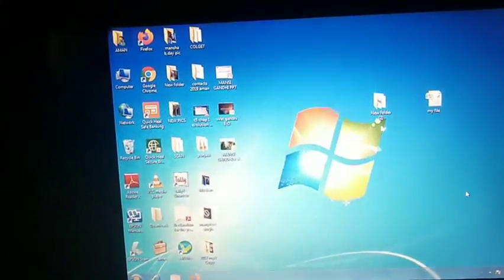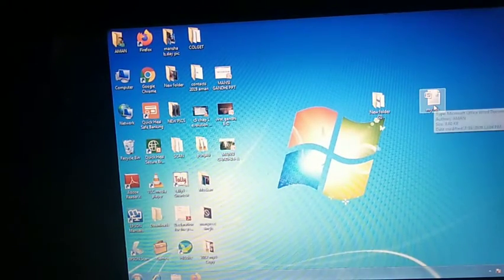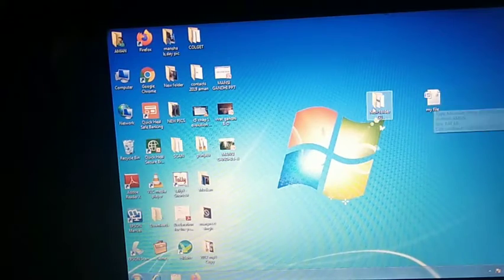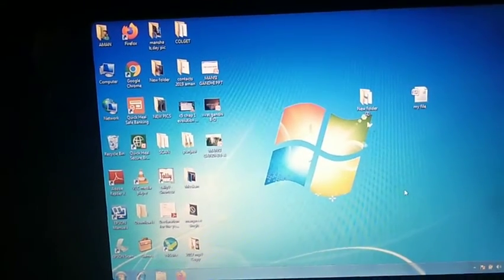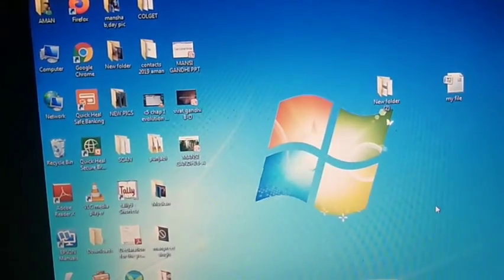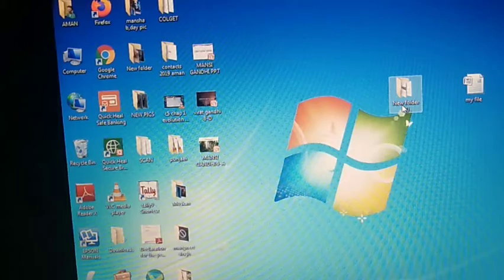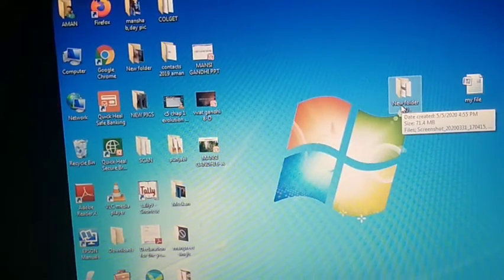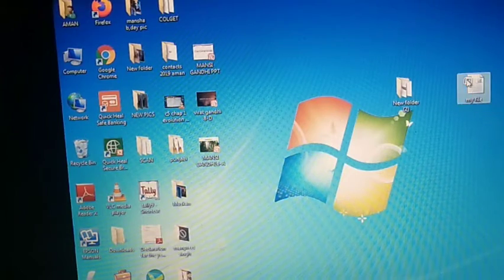What is a file and what is a folder? See, this icon is of blue color, and this is of yellow color. This is a Word file, and it is a folder, means there are many folders, subfolders in it. Fine. So this is the difference between a file and a folder.